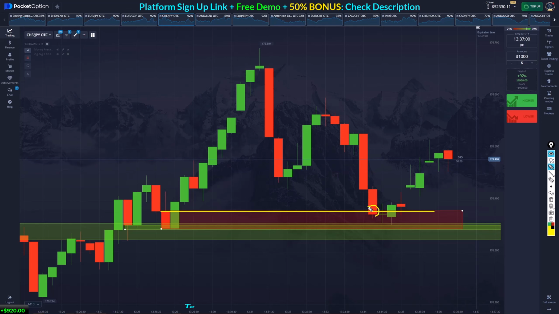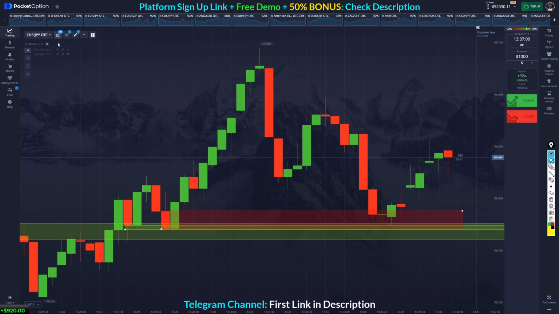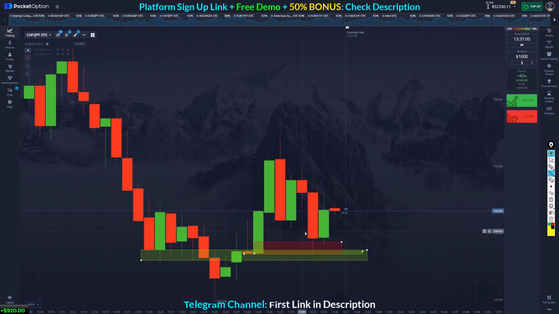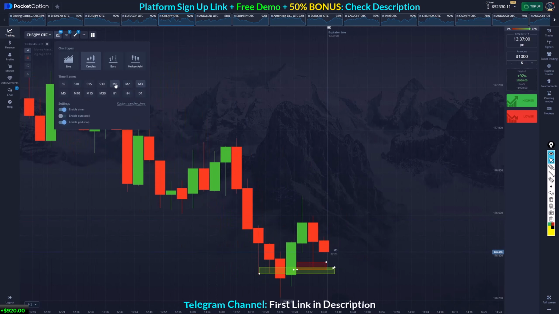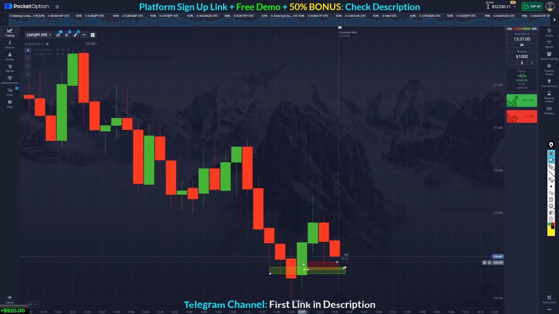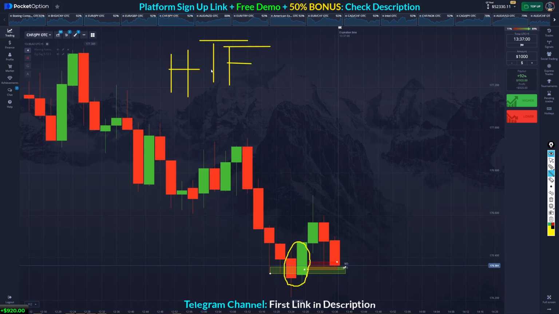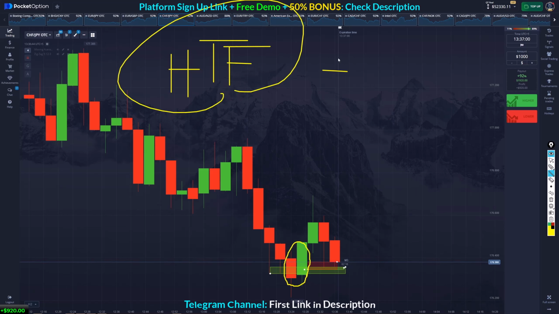The moment candles come inside of this zone, we enter the trade on the 1 minute chart. There we go. I entered exactly right here, and this was a winning trade, okay? And if I go to the 3 minute, you see this engulfing pattern. So we have higher time frame confirmation, right? Higher time frame. And then we got the lower time frame entry